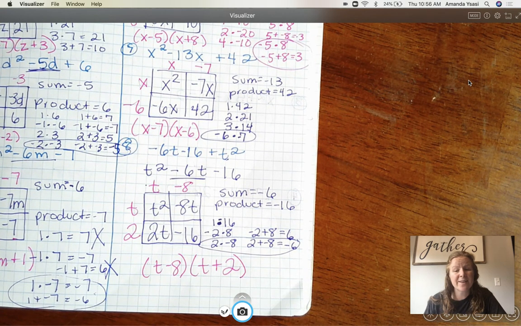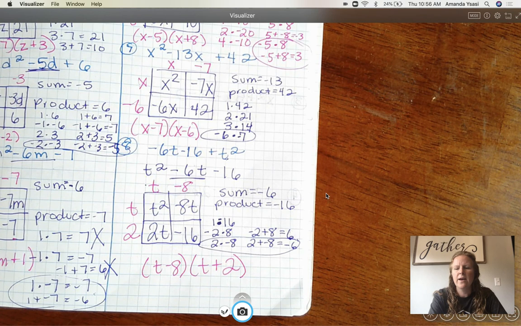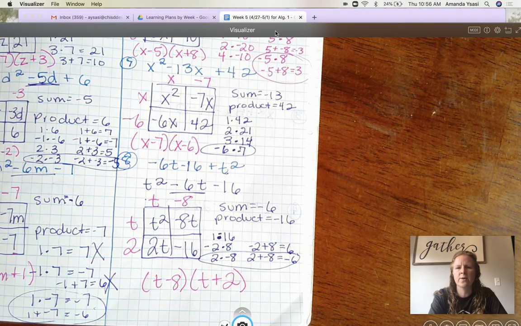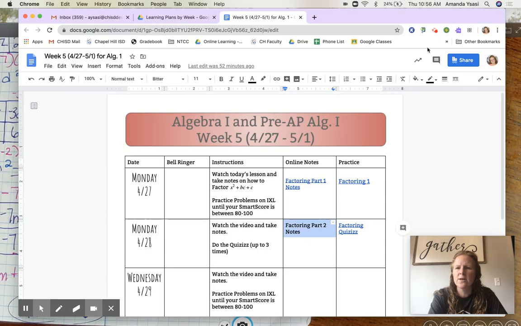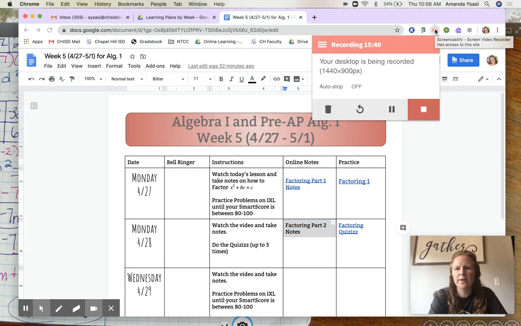Okay, hopefully you're getting the hang of this. Let me know if you need any help. That is it for notes today. You will move on to a quiz to practice this. So let me know if you need any help, and I will